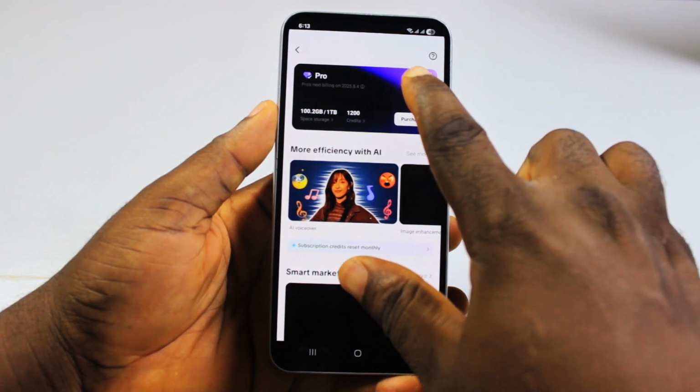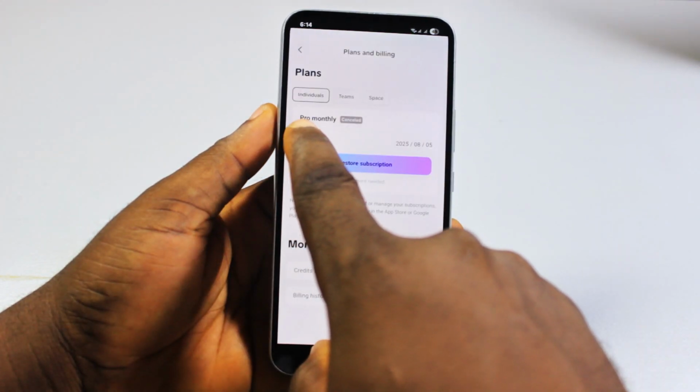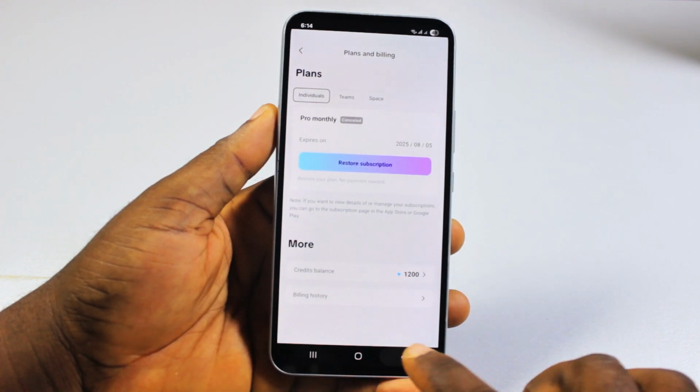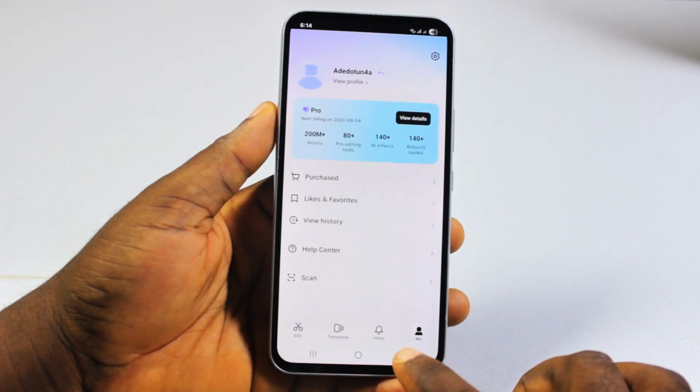Now, if you click on Manage, then it should say that your subscription is cancelled. You can go ahead and restore your subscription if you want to, and then you are good. So that's exactly how to cancel